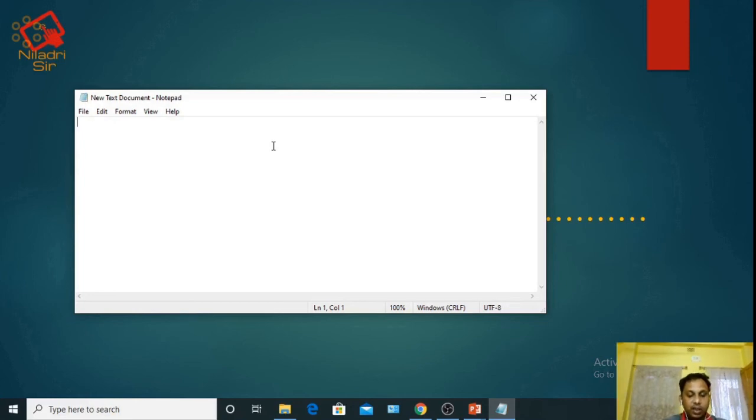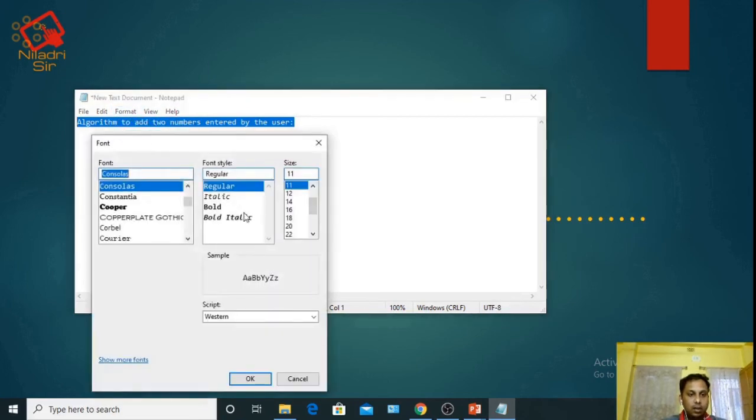So what is the algorithm? Algorithm to add two numbers entered by the user. I'm making the font larger, 28 will be fine.